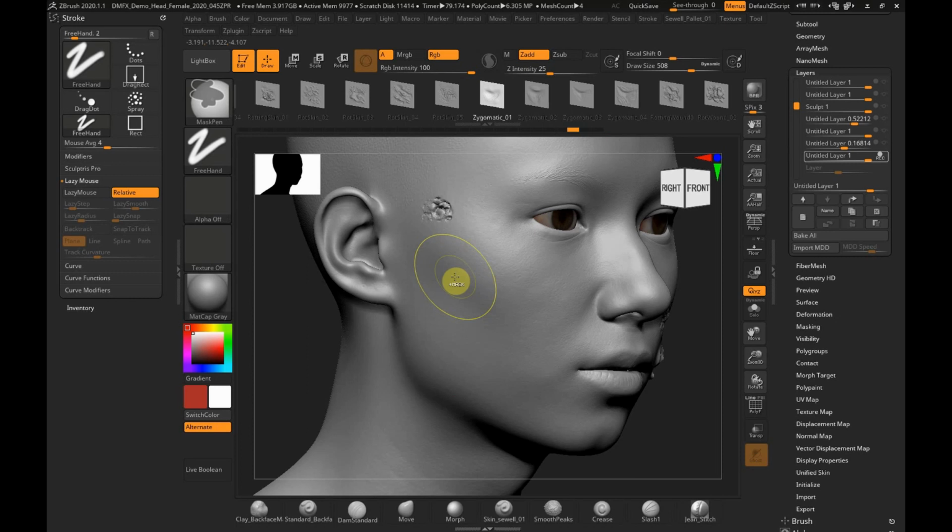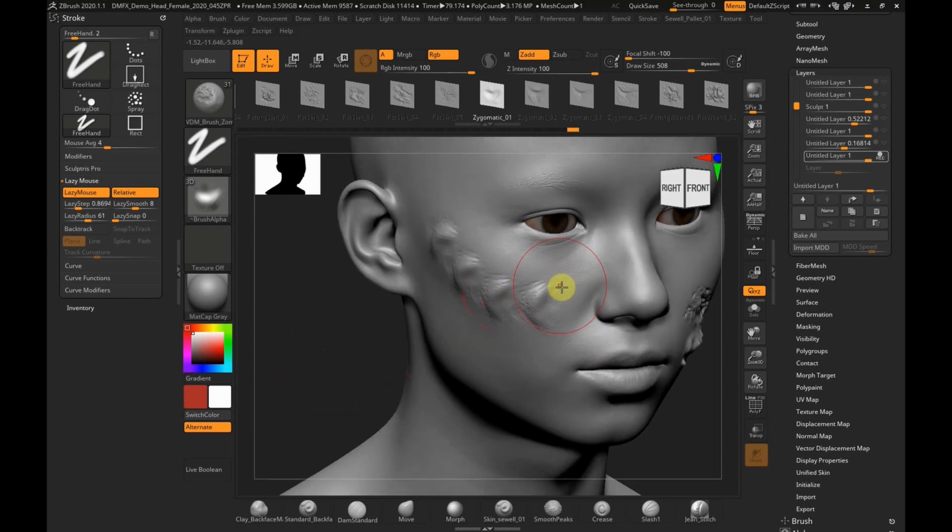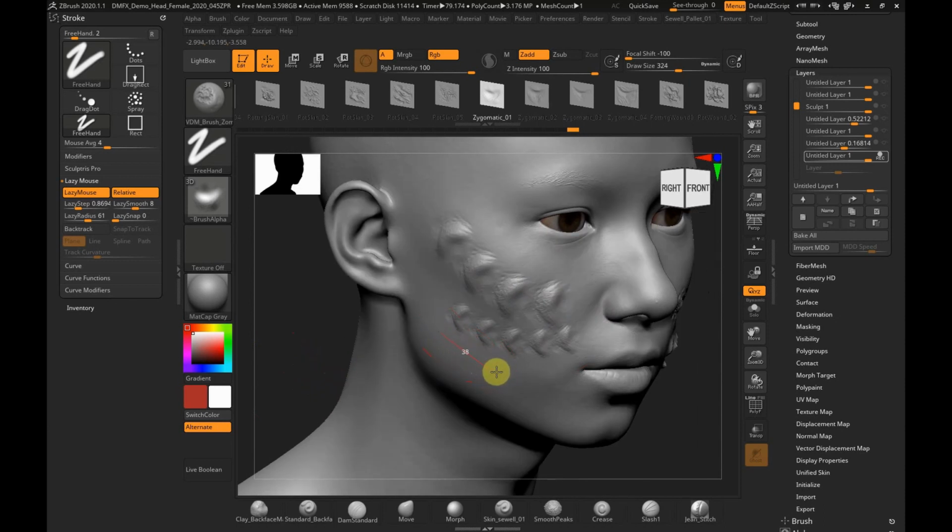Okay, and one more. So we have our freehand stroke. We've altered the lazy mouse step, which is the distance of the stamps, and we just draw out and we get this kind of strange alien divot. Changing the scale, inverting,